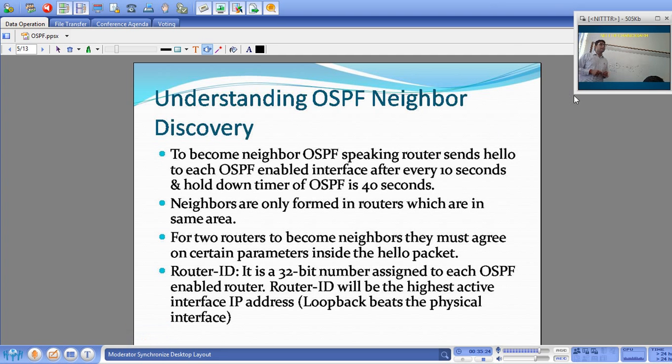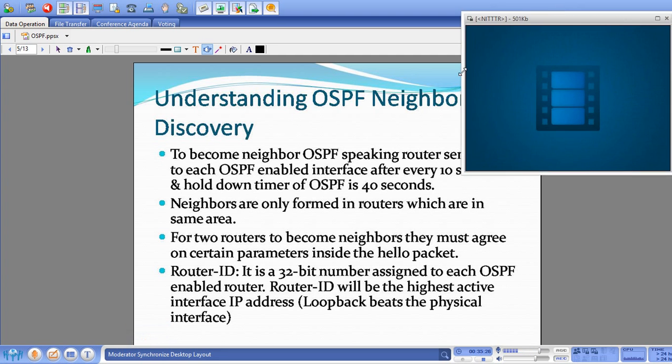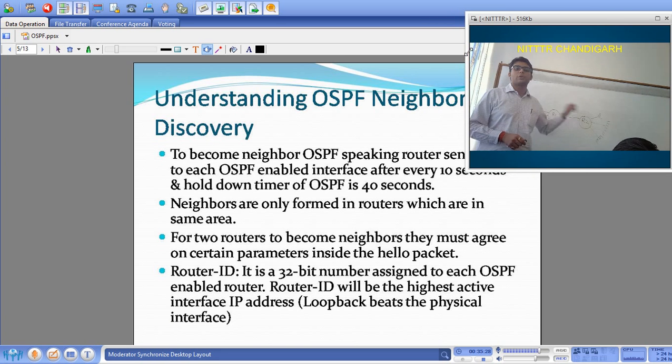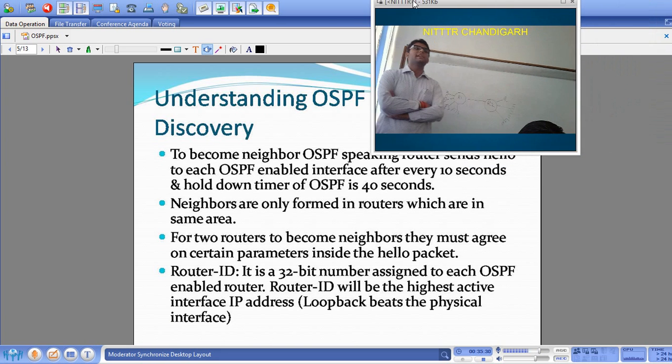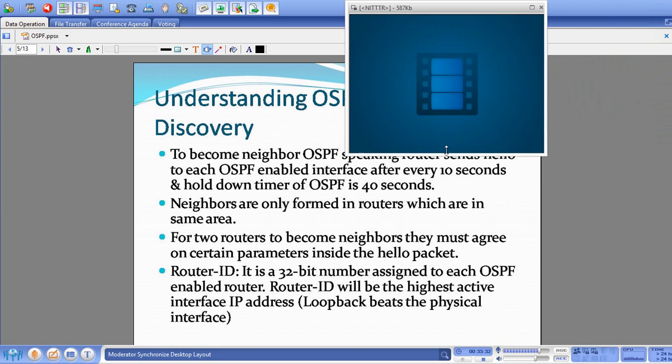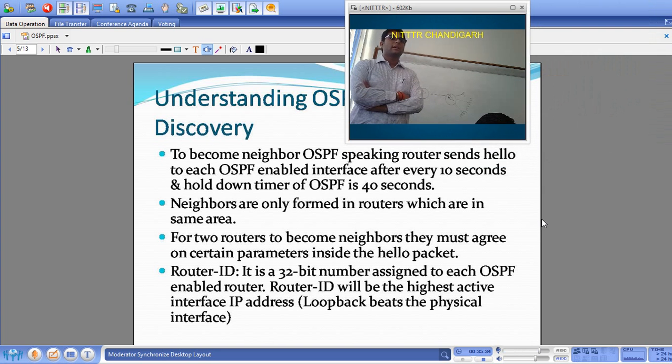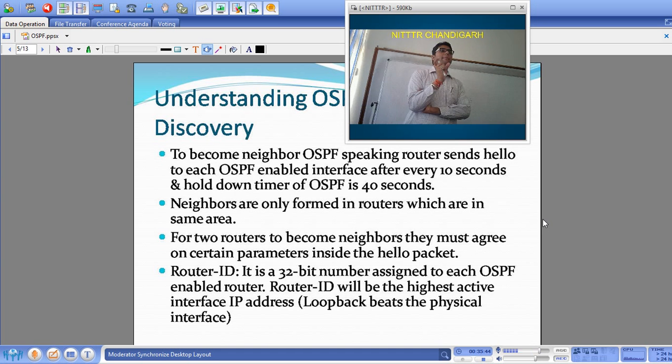Okay. To become neighbors, router 1 will send hello to router number 2 after every 30 seconds. Oh, sorry, after every 10 seconds. If someone is saying hello to me, it doesn't mean that I'll become neighbors with them, because inside your hello packet there are certain parameters which need to be matched. जब भी वो hello packets के parameters match होंगे, तभी हम एक दूसरे के neighbors बन पाएंगे।